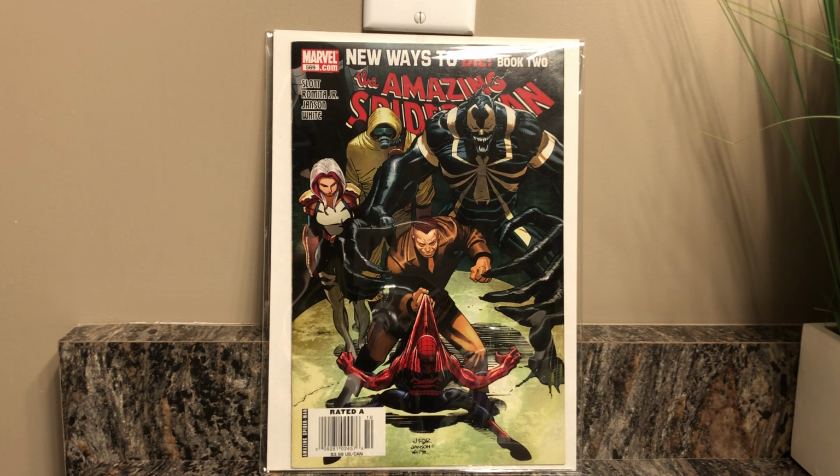But I tracked down a copy, and I couldn't really find one for a good price, and I kind of had to cave because I really, really wanted this. And yeah, guys, I just went on a little buying spree recently, so I picked up a lot of nice keys. So sorry if I'm talking a little low, but it is late at night, so I'm not trying to be too loud. But really, really happy to have this, guys. I'm going really, really hard with my Amazing Spider-Man,